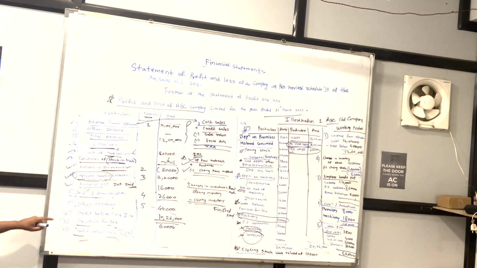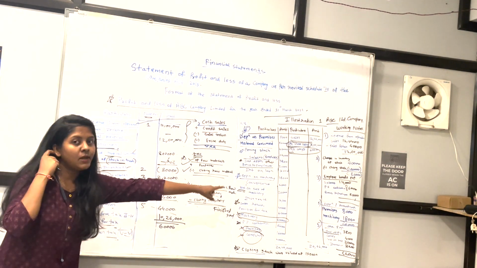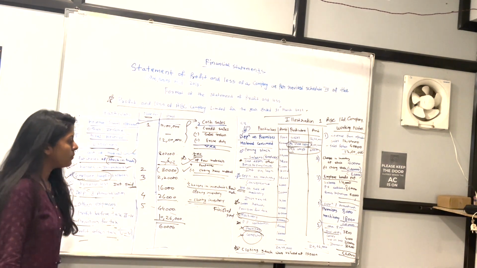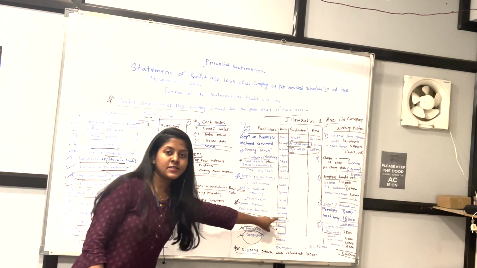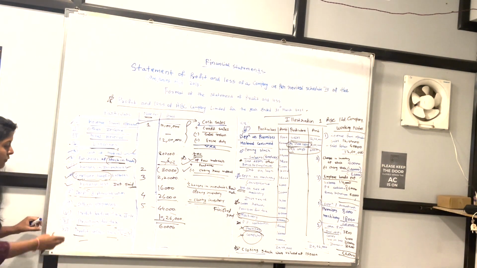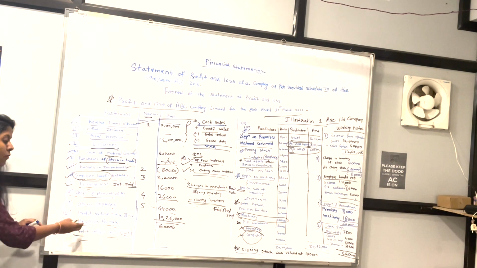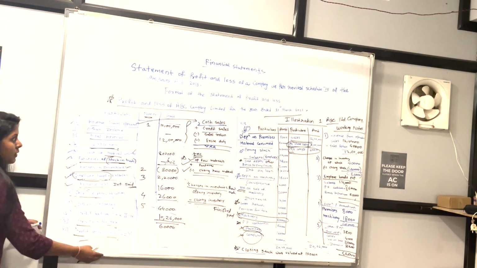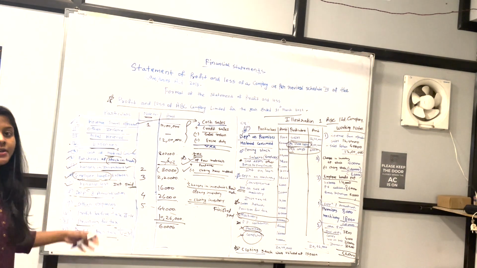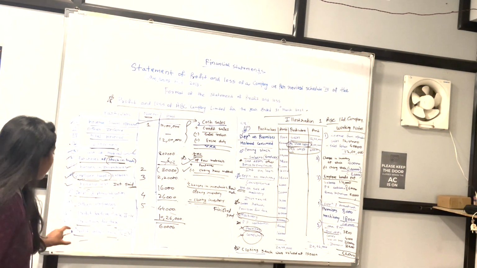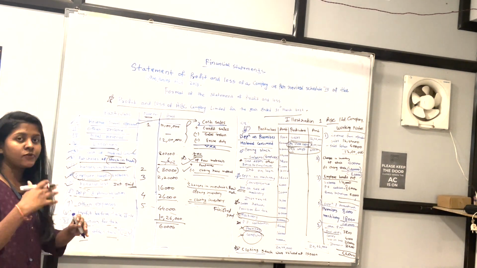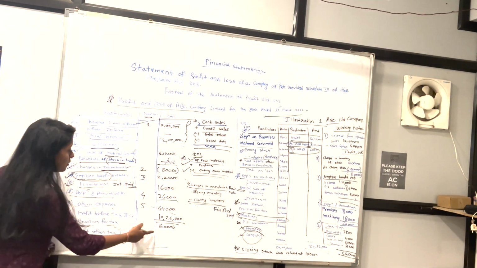Okay. Now, as I told you, in this problem, what else is given? Provision for tax is given, no? So how much is the provision for tax amount? It is 60,000. So directly you have to take 60,000 here, and after calculating all these things, you will get profit after tax. Now what is the purpose of doing all these things, the profit and loss of ABC company? The purpose of doing this is to find out how much is the profit left after tax. So that's why we have to calculate this.